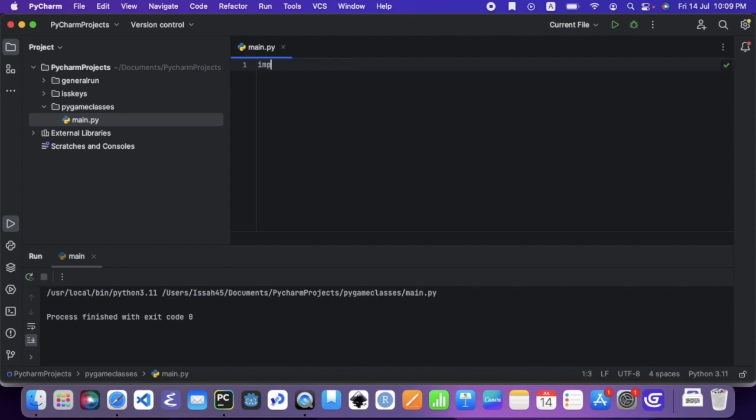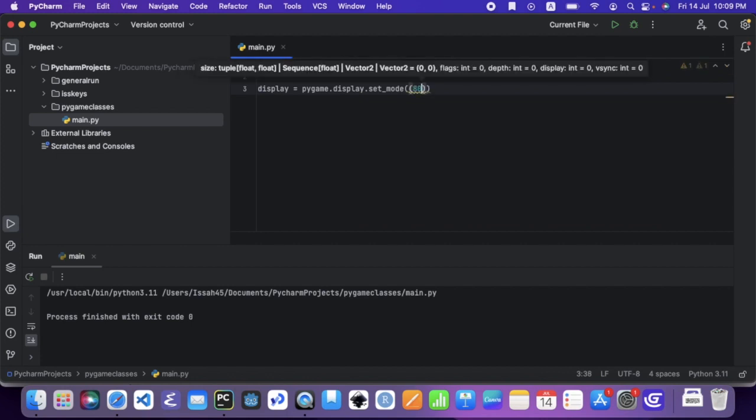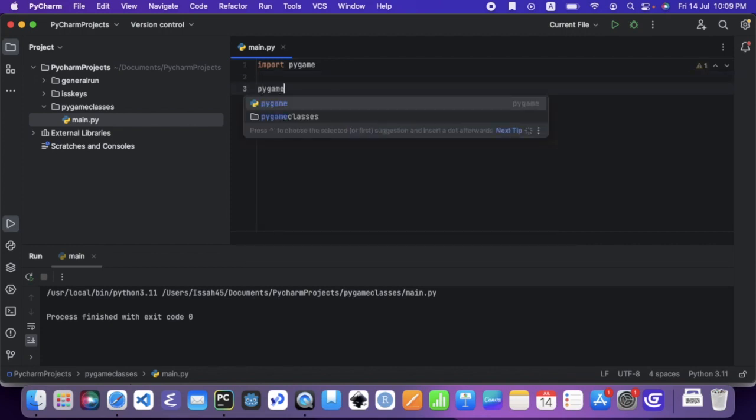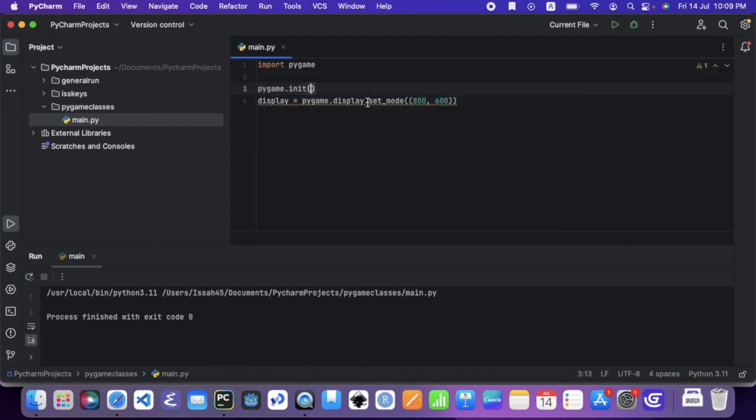Alright, so first I'm going to import Pygame. Now I'm going to make the display. We're going to write, my display is going to be 800 by 600 pixels. And I'm also just going to say pygame.init. I'm just going to say while True: